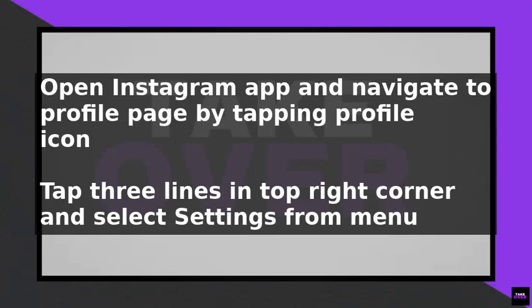Setting an Instagram story to close friends allows you to share content with a select group of people, providing an extra layer of privacy and control over who sees your posts. To start, open the Instagram app and navigate to your profile page by tapping the profile icon in the bottom